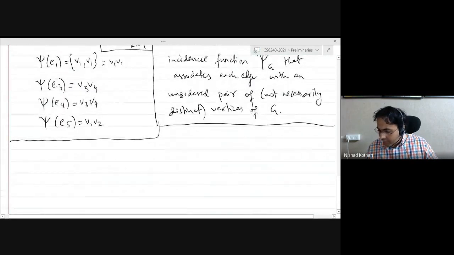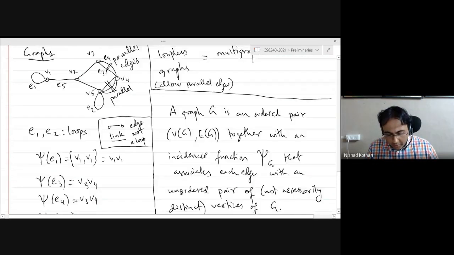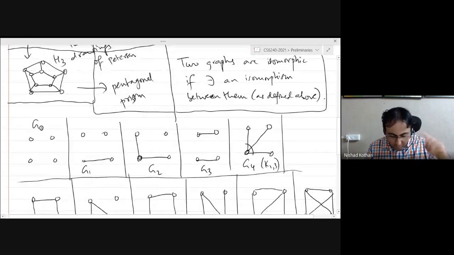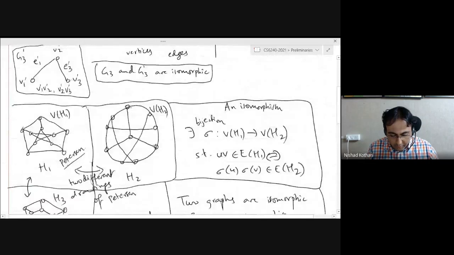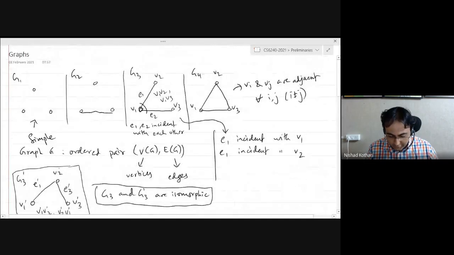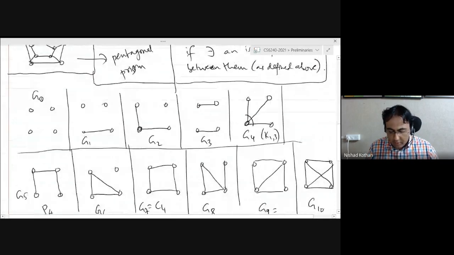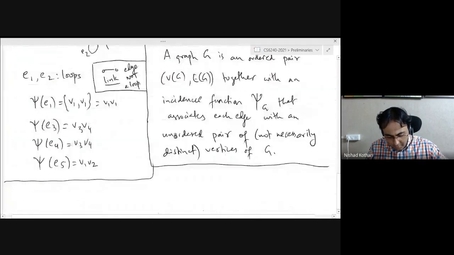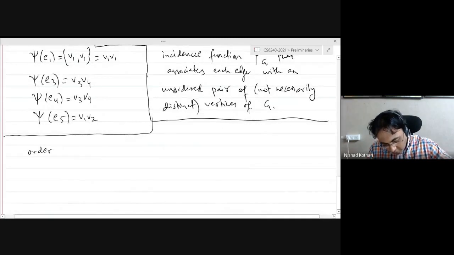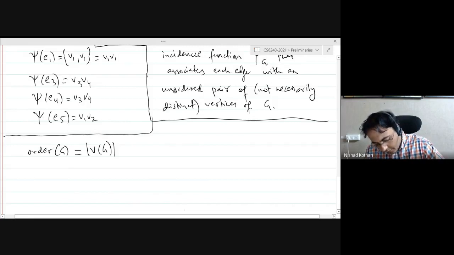Few more terms that we will need for the course. Until now, we were talking about simple graphs. Some time ago, we were talking about simple graphs on 3 vertices and all possible numbers of edges, right? So the number of vertices of a graph is called the order of the graph, and the number of edges is called the size. Okay, so order of a graph G is basically the cardinality of the vertex set, and we may also use sometimes little v of G for this, and generally it is denoted by n. Okay, so these are all basically the same things.